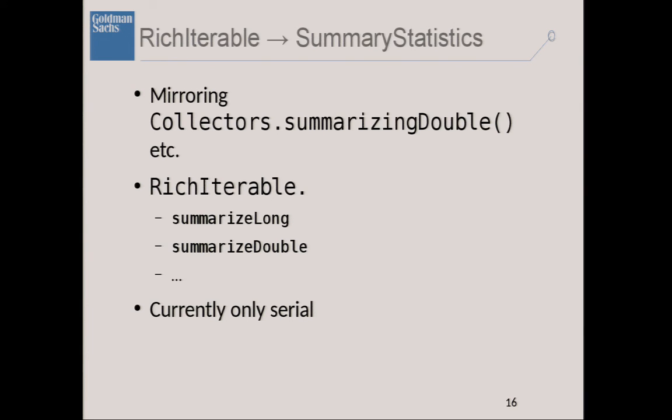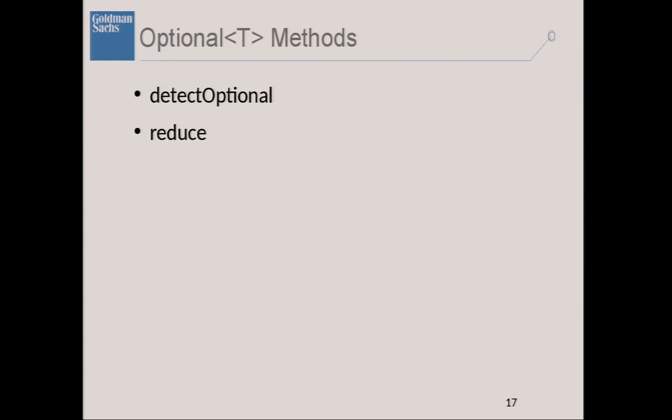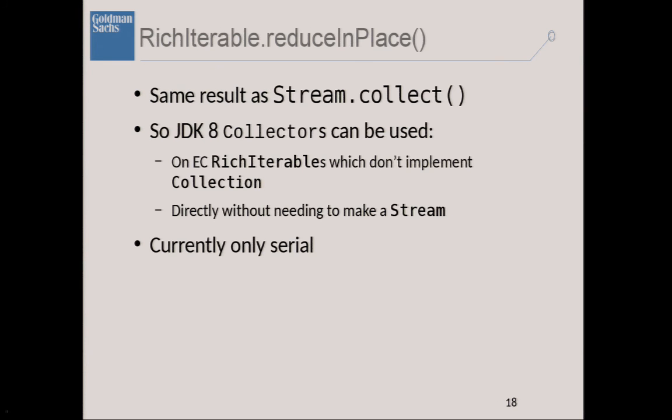Right, so I don't really want to spend much time on this. There are just two other points, summary statistics, which is a Java 8 introduced thing, and Optional is also Java 8, so there are a few things added to Eclipse Collections making use of those. But let's hop on a bit, because I'll just mention briefly that in Java 8 you have Stream.collect, and you put a collector in here. So we added a method on Eclipse Collections. RichIterable is the base interface